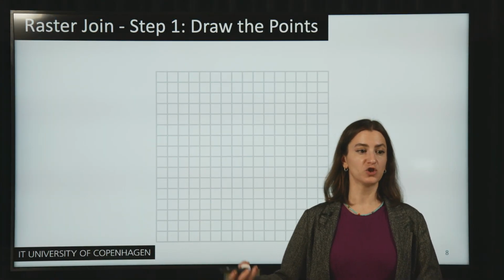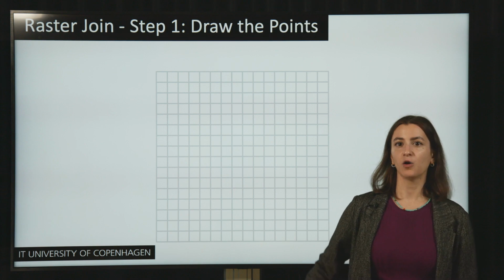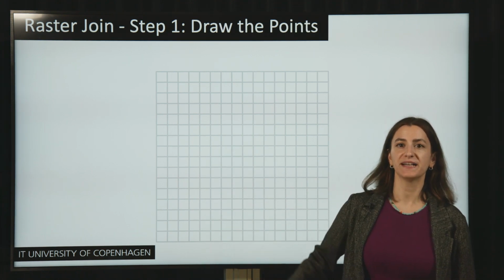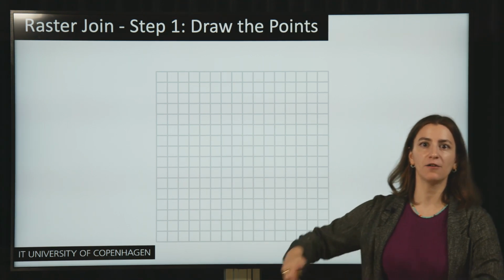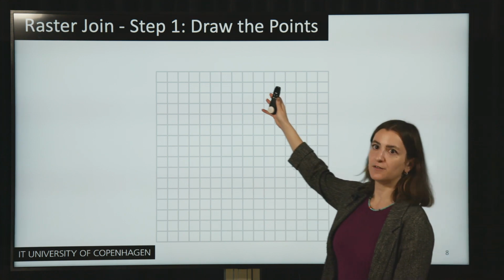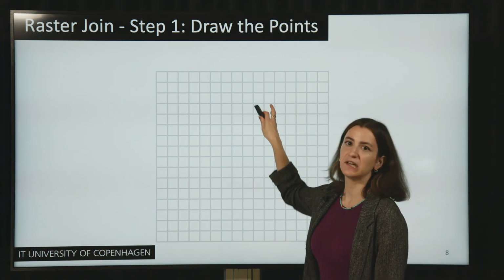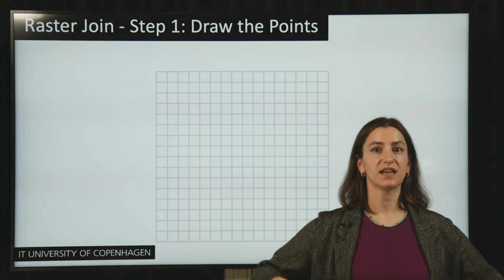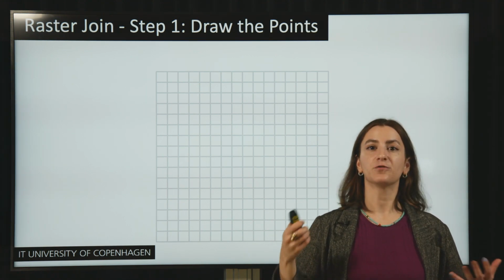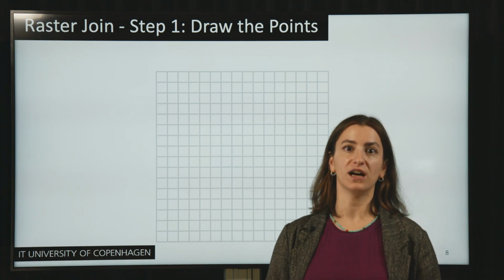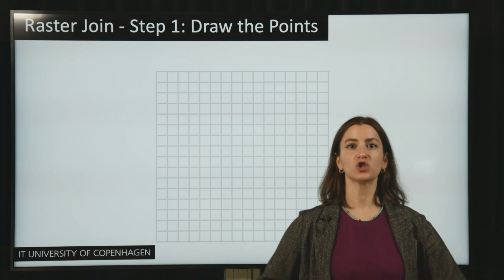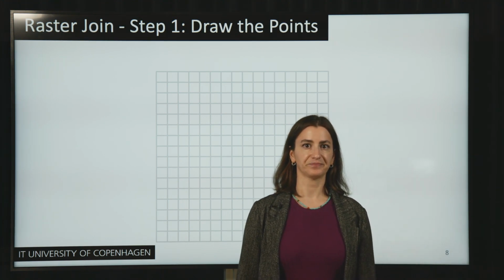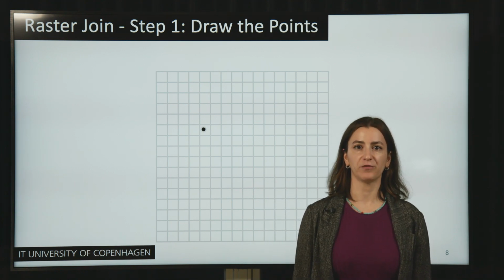Now, when we are drawing on the GPU, we do that on a pixelated canvas. So we don't have a white canvas, but we have a canvas with little squares that we call pixels. Now, let me start drawing. In the first step, our approach that we call raster join draws the point dataset. So here I draw my first point,